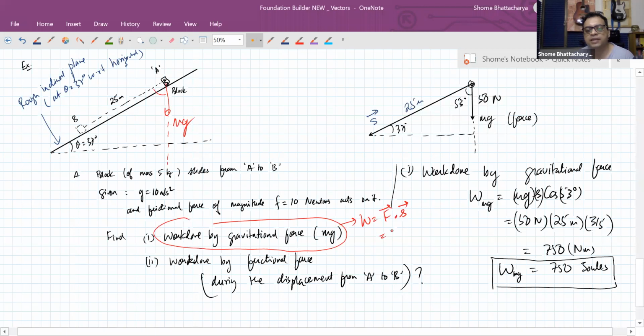So here the magnitude of the force is mg, the magnitude of the displacement is s, and the angle between them is 53 degrees. So what is there not to understand? It's plain as day in front of you. I made the diagram. The diagram was the thing you have to understand. Once the diagram is made, it's self-evident.